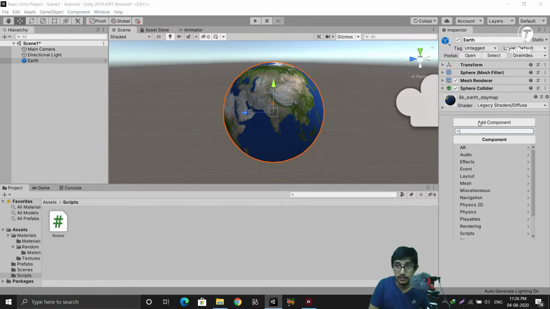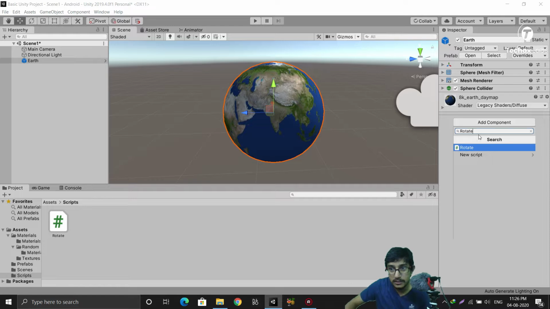So let's search for Rotate. Here you can see Unity has found the script named Rotate. And what is this script? This is the same script that I have just created in the Scripts folder inside the Assets folder. So both are the same. You can add it by this method or by the drag-and-drop method, it depends on you.